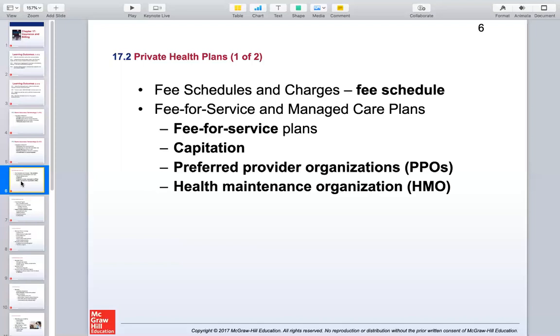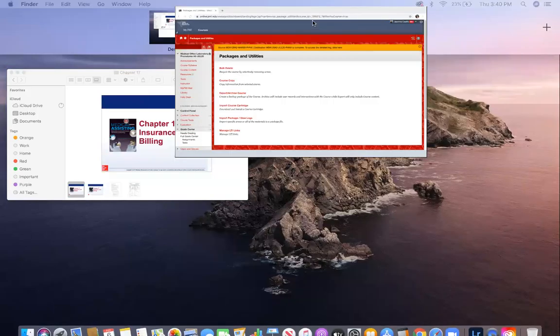So how do we know what we are reimbursing for? What are our charges? Well, we do that based off of a fee schedule. And a fee schedule basically just explains what our usual fees are, what we charge the patient most of the time, depending on normal circumstances. And then we list those on a fee schedule. And the fee schedule can look something similar